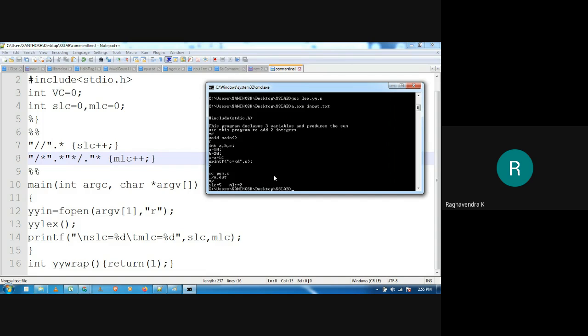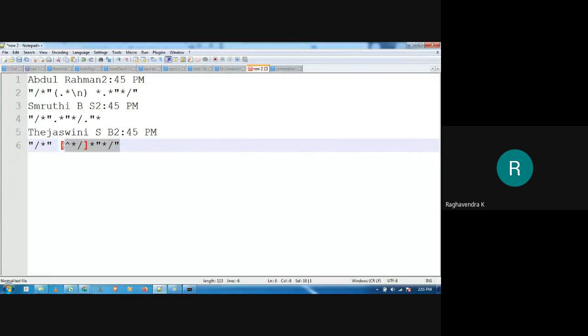Now it is showing two multi-line comments. The count is fine, but as you can observe here, only the first line of the comment has been eliminated. The remaining lines are kept as they are. So it's not working as intended. Let me try out the last one also.